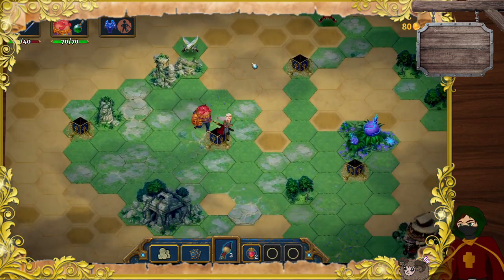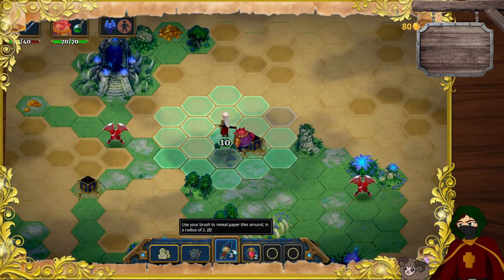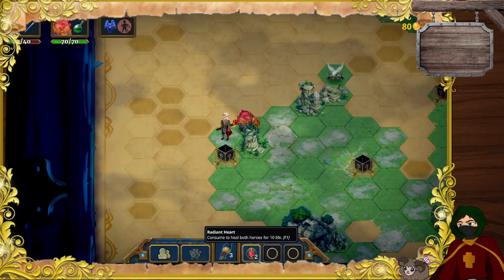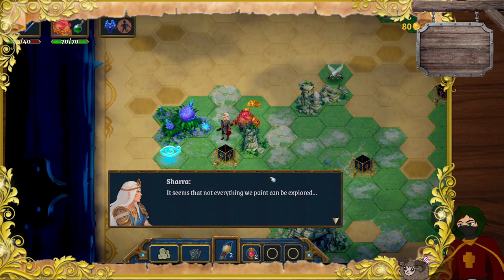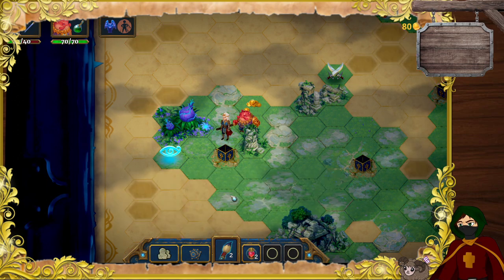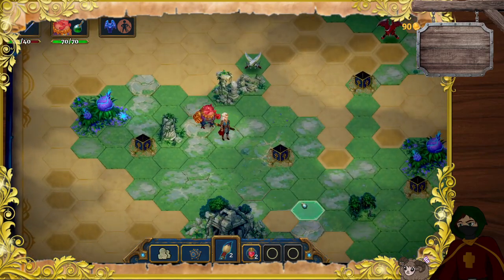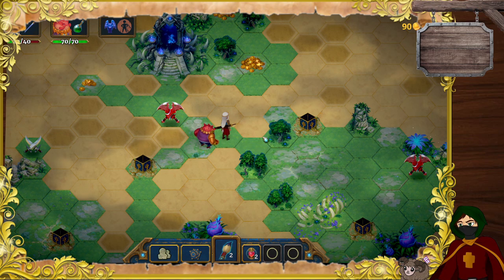Okay, so that's not going to be a great way. I could go here. I want to get as much bang for my buck as I can. Going here would unlock a fair bit. Seems not everything we paint can be explored. These areas feel heavy. I think they will be things obscured that will block our path. Let's take a look. So what you're saying is...